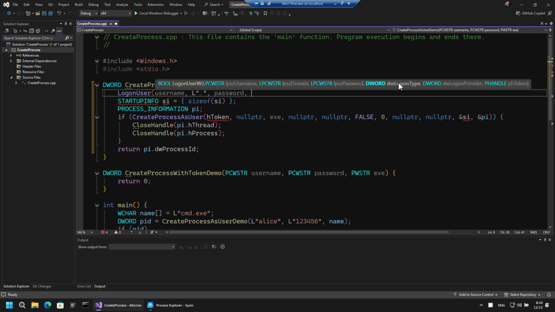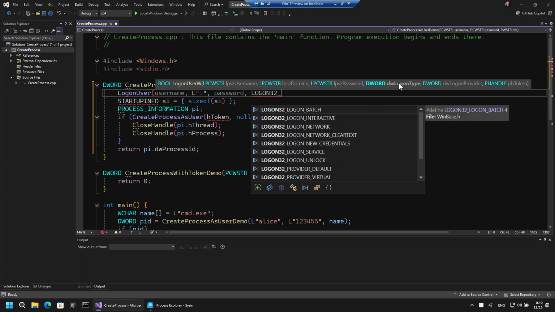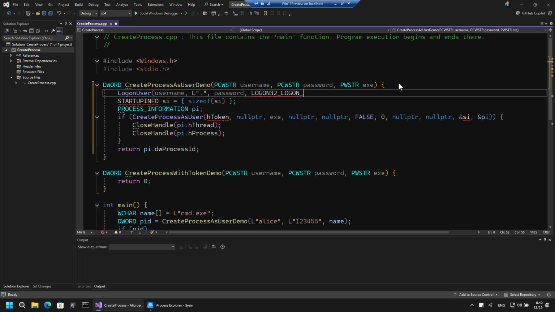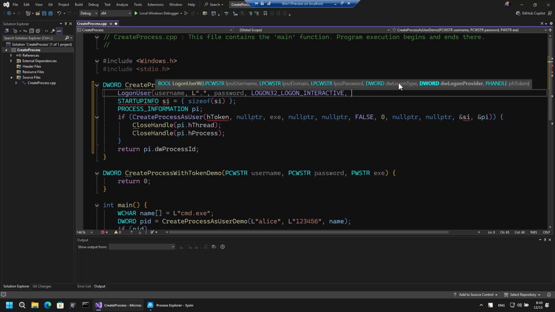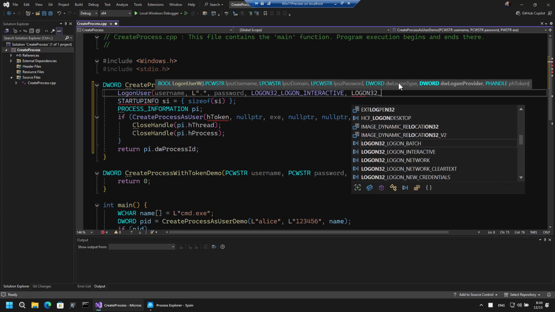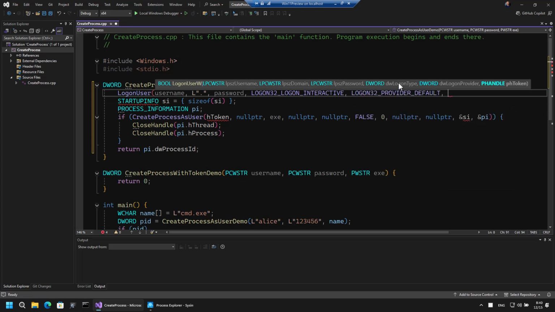The next parameter is called the logon type, and you can look at the documentation for the various options. I'm going to use the option for interactive, basically indicating that we can use the interactive system to run this process, so it can use, at least in theory, the desktop and things like that, has a user profile, things of that kind. There are other kinds of logons you can have. Check out the documentation. Then there's something called a logon provider, and I'm going to just specify the default. There are two possible providers. For local machines, it's going to be NTLM, but I don't need to know that. I just can give the API a chance to figure it out on its own